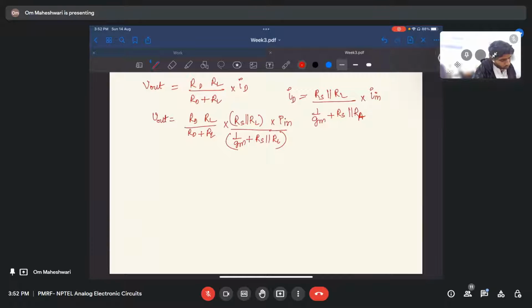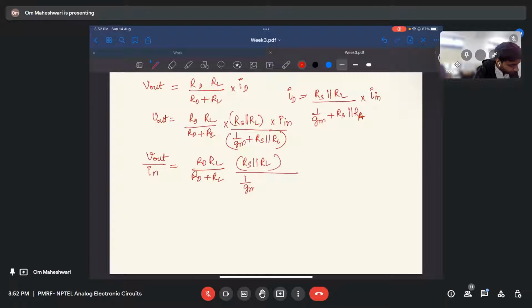Now if we put this I in here, we'll get V out by I in equal to RD RL divided by RD plus RL, times RS parallel RL divided by 1 by GM plus RS parallel RL. If we just put in the values and solve it,